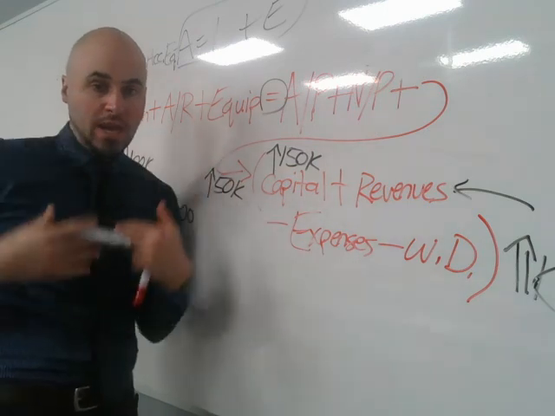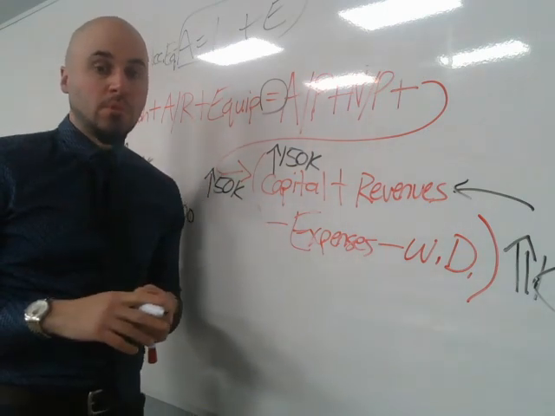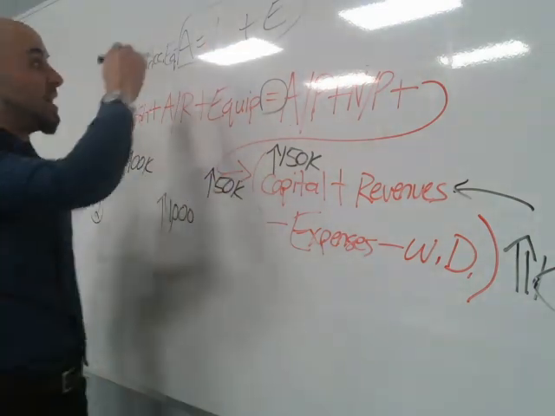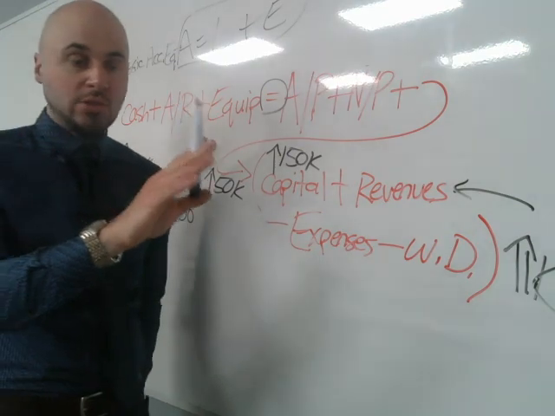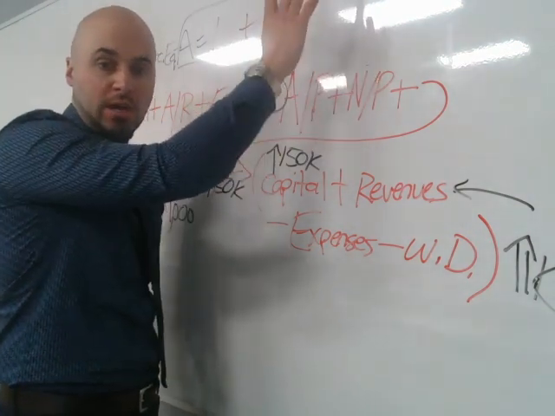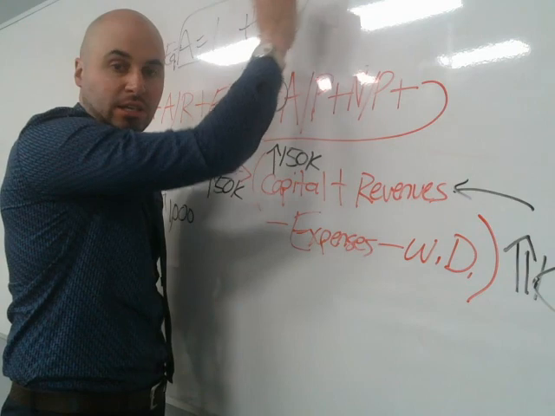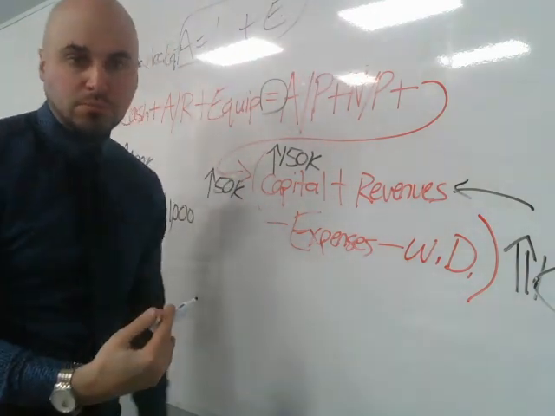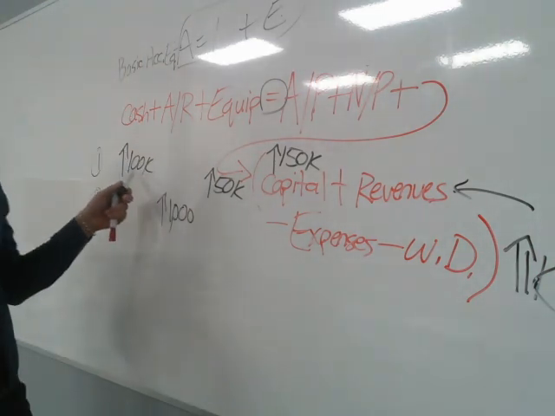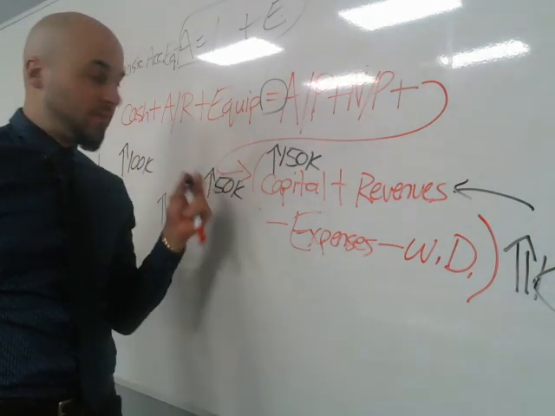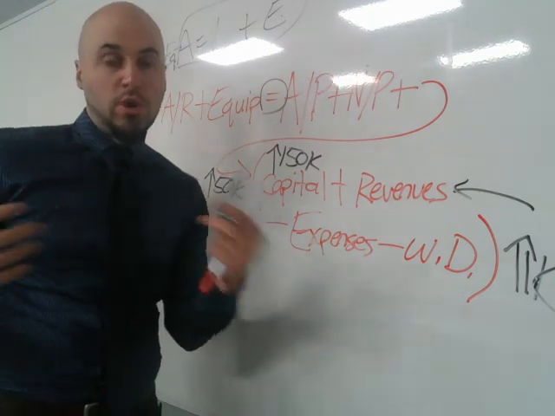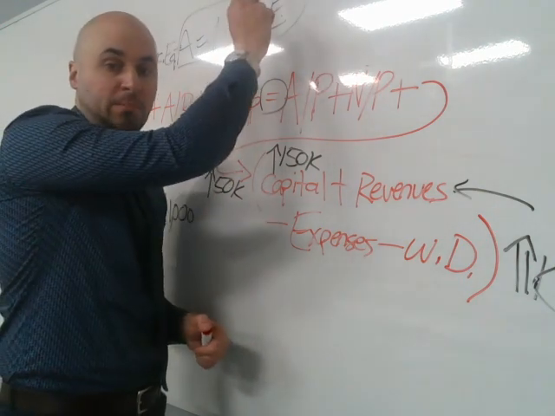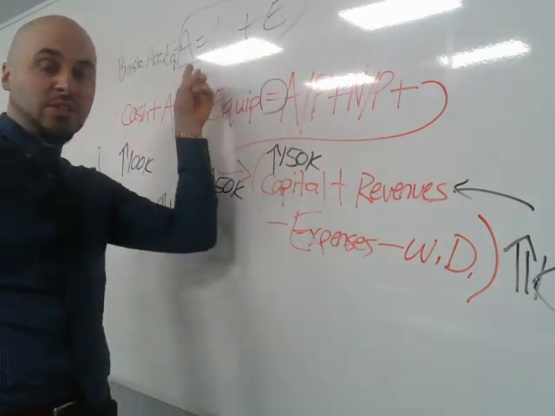So we make a sale on account of $1,000 and we show how that impacts the basic accounting equation. That means assets will increase by the 1,000 and equity will increase by the 1,000, but you don't have to specify the exact account. It just depends on if you're using the basic or the expanded accounting equation. Okay? Same thing with the 100,000 cash investment and the $50,000 equipment investment. If we're showing it in the basic accounting equation, we're saying assets increase by